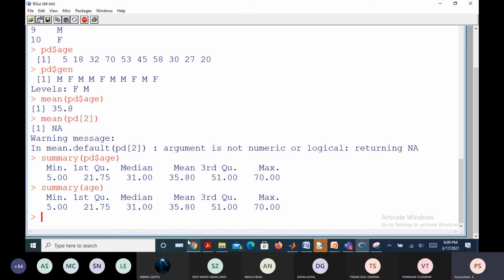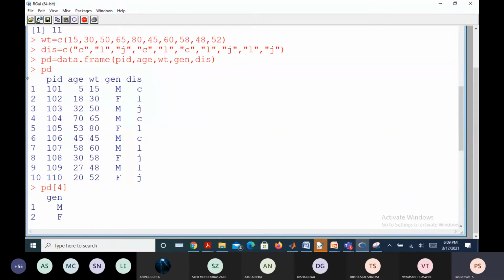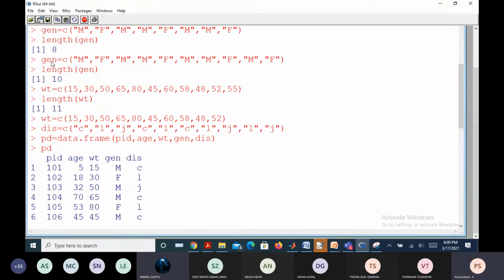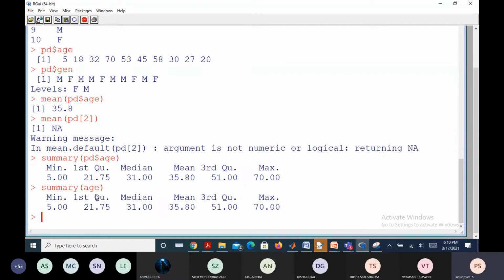Yes, sir. But actually, you have defined age now, remember. And from that, you converted the table, okay? But what is the intention actually? Hospital people already have the Excel sheet data, you are not going to define it again and again. You are going to import the data. Once you import the data directly, it is going to be saved in the form of a tabular form. Got it? Yes, sir. Predefined age variable will not be there in this command window, okay? If PD is not there, you cannot use summary of a particular variable, say simply age.